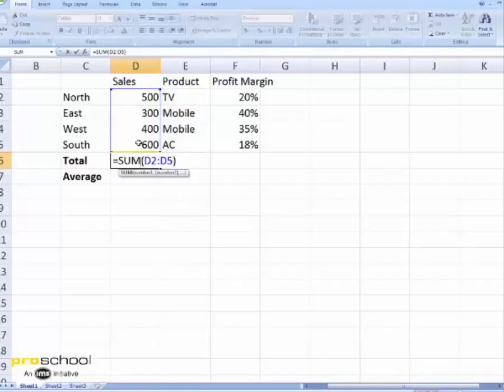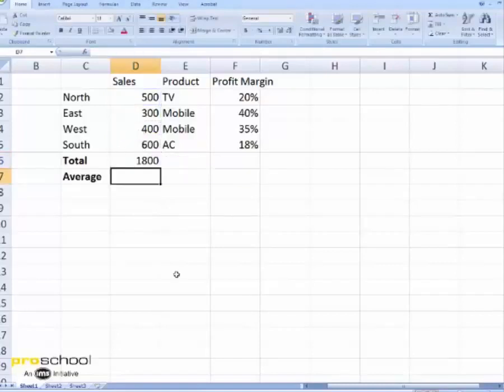So you have chosen the range option. It's not to say only range works. If you are not comfortable with range, you can delete this, let's say, and individually select the cell. So you select the first cell, you put a comma, a second cell, put a comma, third cell, put a comma, fourth cell, enter. It gives the same result. You can also use a combination of individual cells and ranges, even that works.